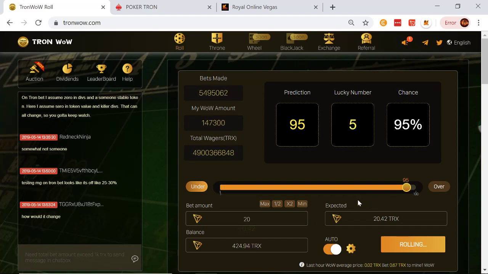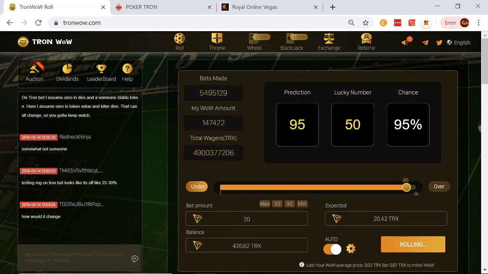So if I took a loss right now on my 20 Tron bet, then I would just back it up to a 48% chance of winning, which is going to give me a little over, my 20 bet would win just over 40 Tron, and you basically martingale until you win. If you don't know what martingale means, it means you bet 20, if you lose you go to 40, if you lose that you go to 80, and you go as high as your bankroll can sustain. For me, I only got about 400 Tron here. I'll go to probably 80, and if I lose that, then I'll just have to back it back down.